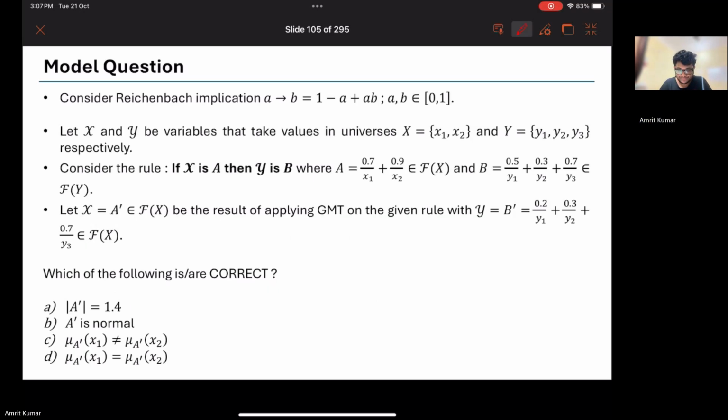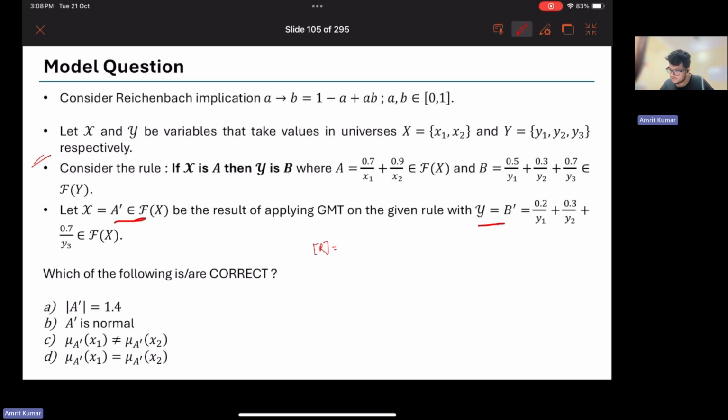Okay. Now, let us do a problem on generalized modus tollens. The setting is the same as the previous question. The only difference is we are given a consequent fuzzy set B dash and we are required to infer an antecedent fuzzy set A dash. So we had already computed our relation R. The membership matrix of R was this,